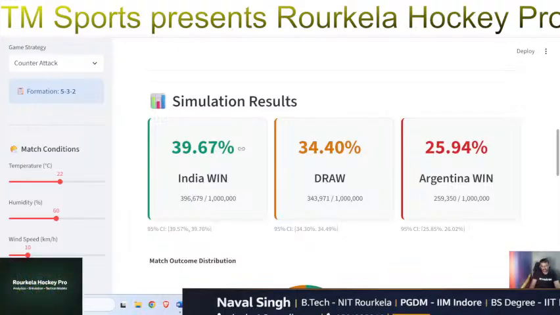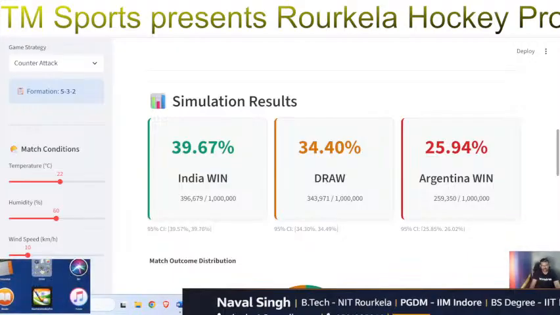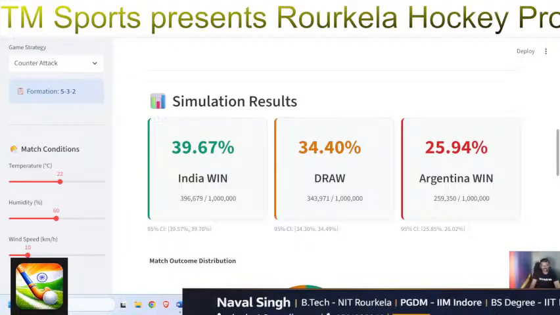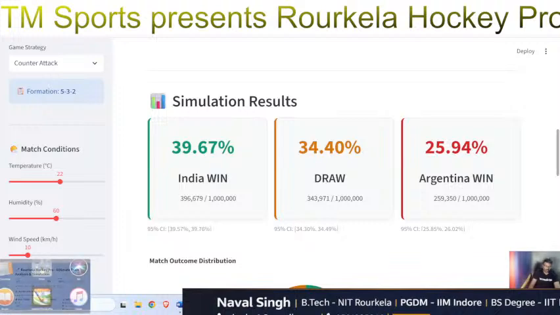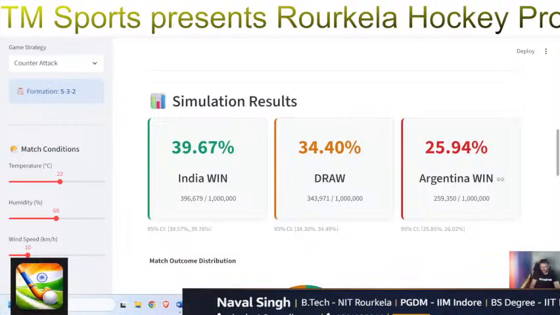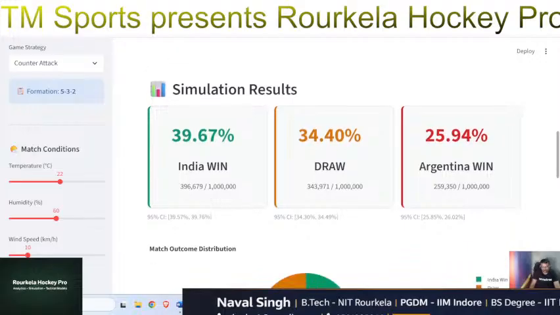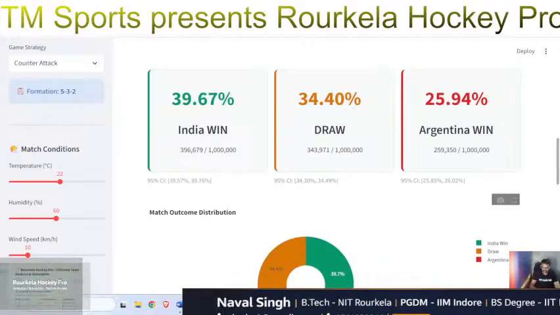Win probability slightly comes down. They are more precise. The confidence intervals are much narrower. So instead of 39 to 41, it's exactly 39.5 versus 39.7. This narrow confidence interval means that very highly likely this is the win probability of India or Argentina. And it completes pretty fast, and it allows you to